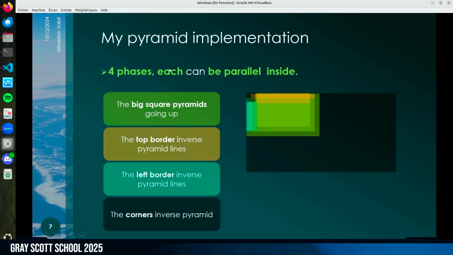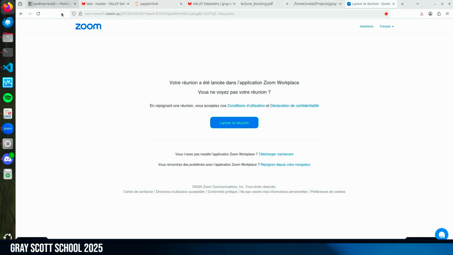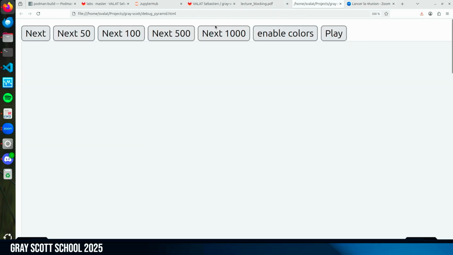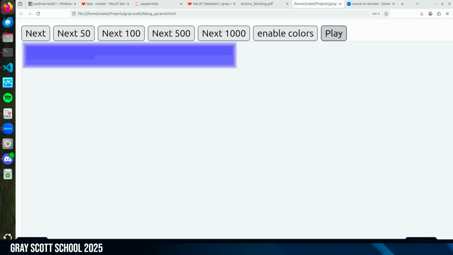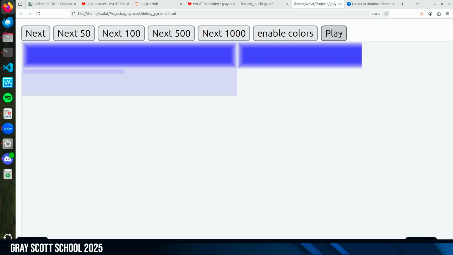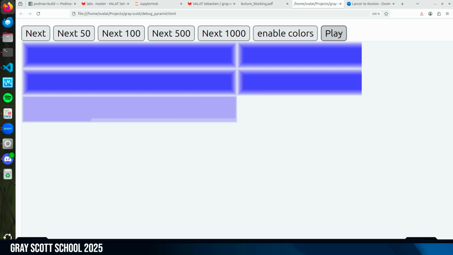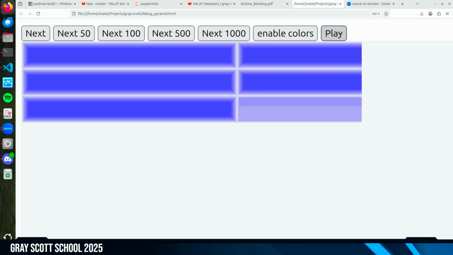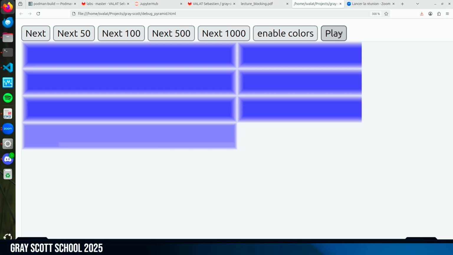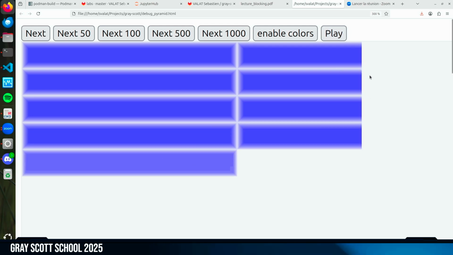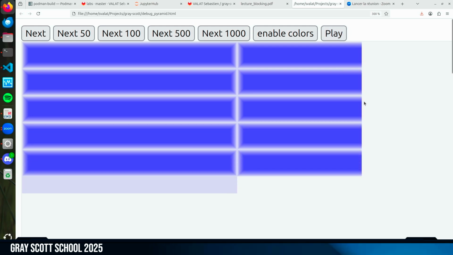Maybe I can show an example. I have a small player, because to debug this kind of thing, you need to be able to play. So I will show an example here. I'm making the first pyramid, the next pyramid aside. I'm making all the blocks in the cache with the pyramid inside. Notice that you need to compute a bit the cut on the border, so the algorithm to implement is not quite simple in practice.